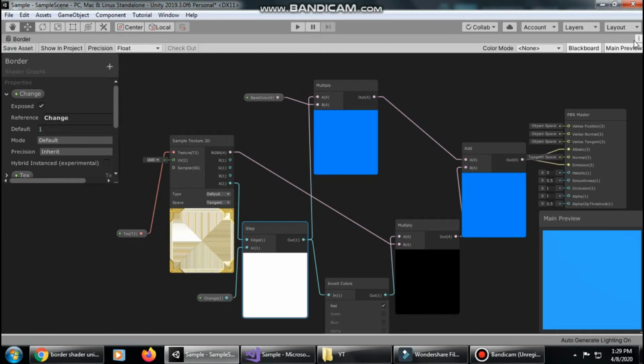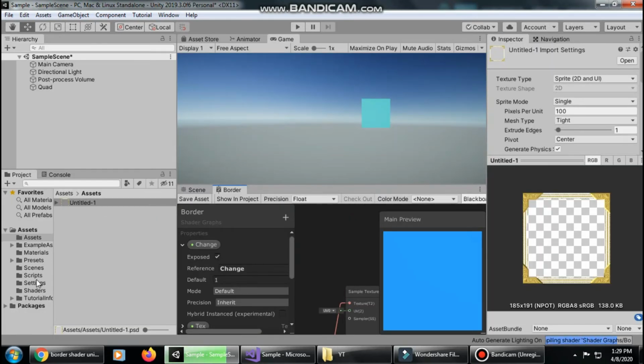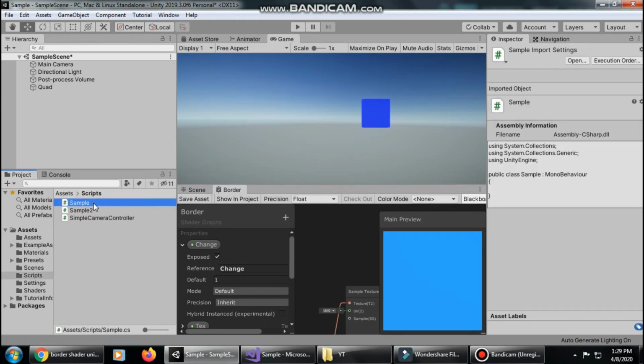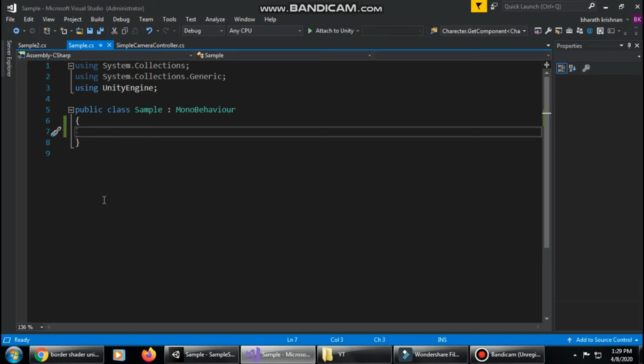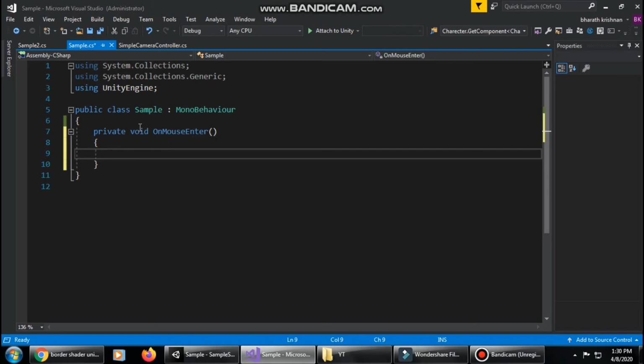Okay, we will now open a C# script. You can create any script. I have created a sample script here, and open it. You can delete all of the other functions. We will only need two functions. The OnMouseEnter function, when the mouse hovers over the object, this function will be triggered, and